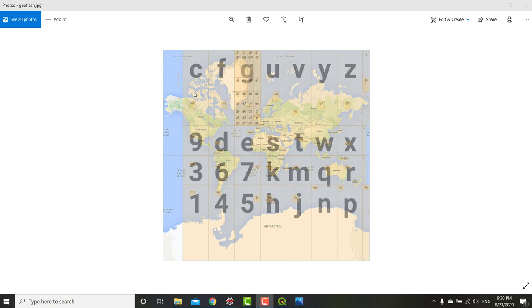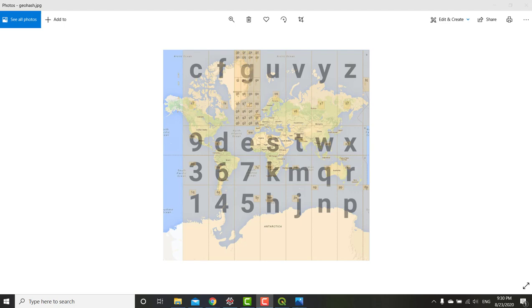Adding characters to the geohash subdivides the cell, and so we're essentially zooming in into more detailed areas, as you can see in this cell here,